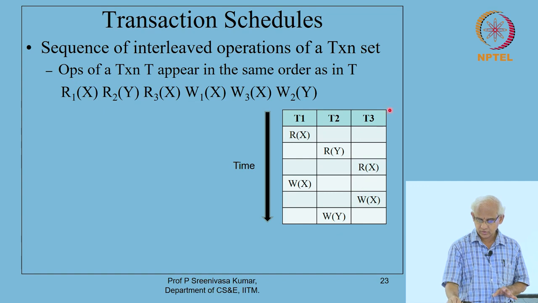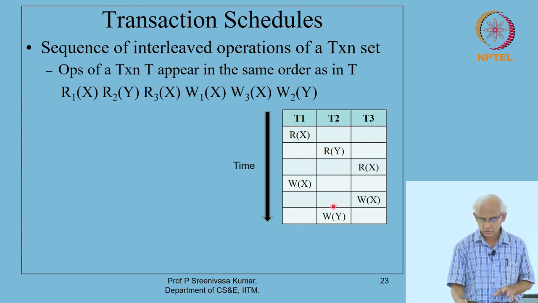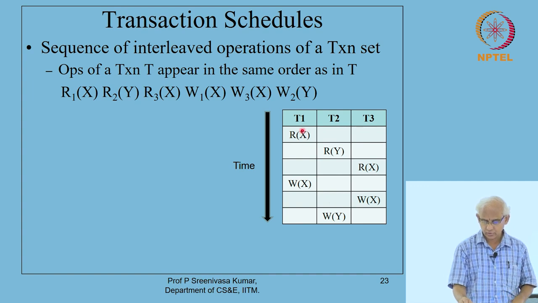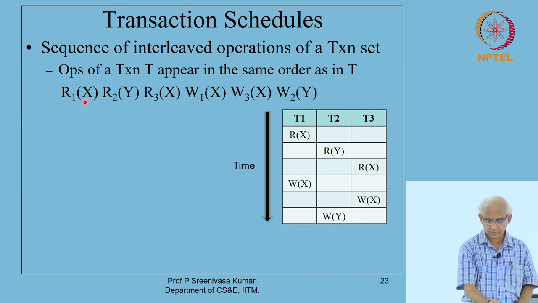Now, since writing this picture each time is difficult, we have a notation for that. So, what we will do is write this as R1x, then the next thing is R2y, transaction 2 reading y. So, R2y, then if you go to the next time step, it is R3x. So, we write R3x and then W1x,